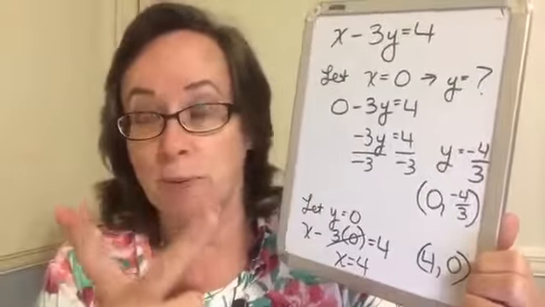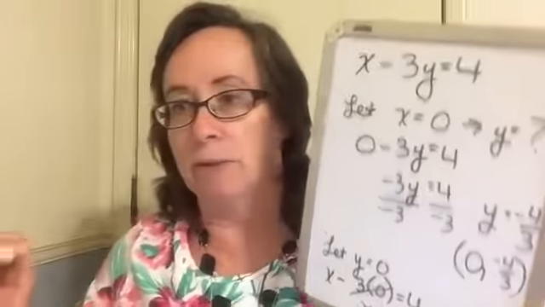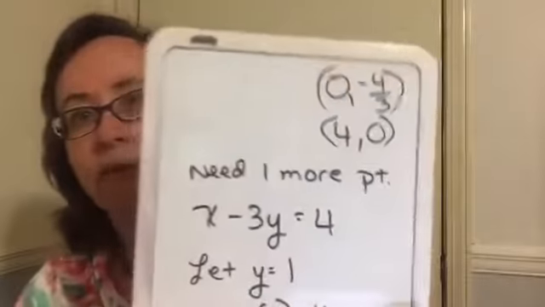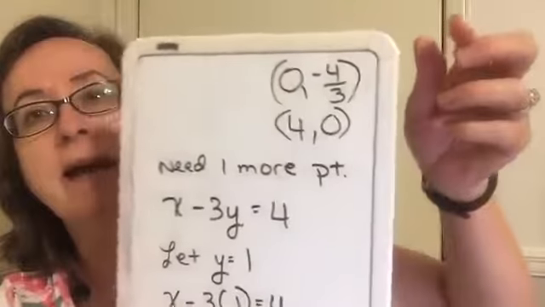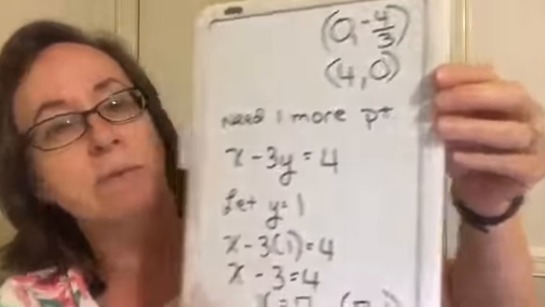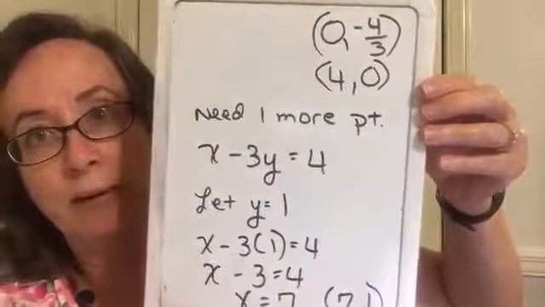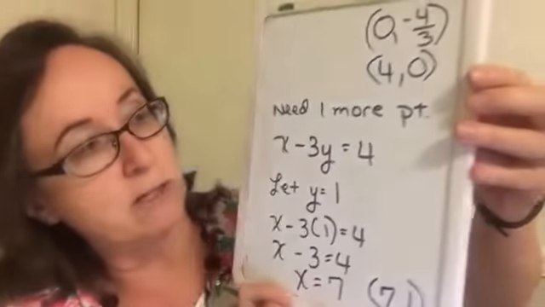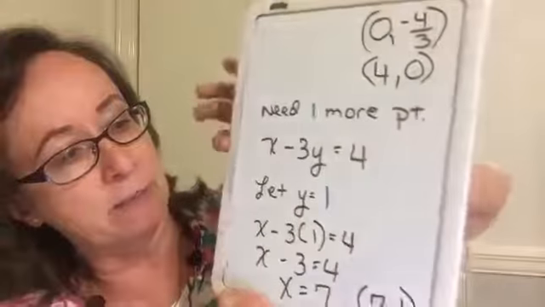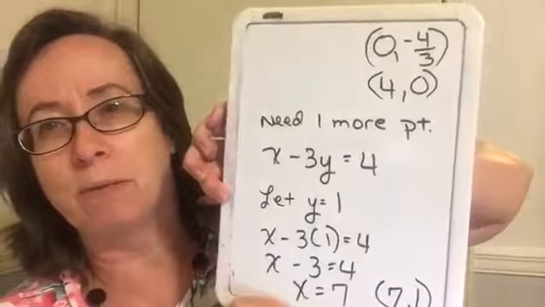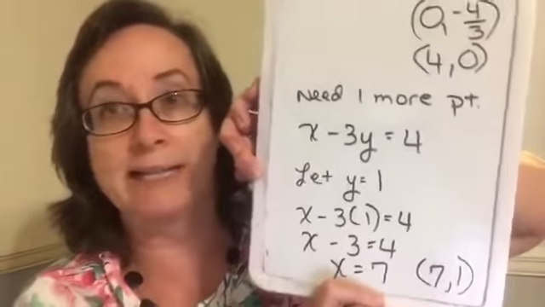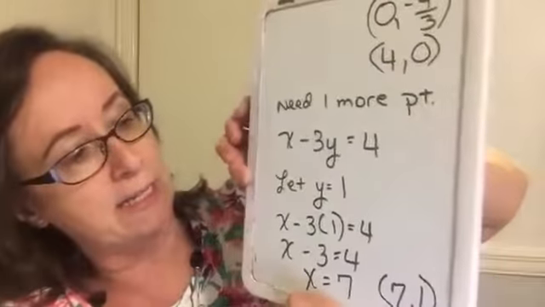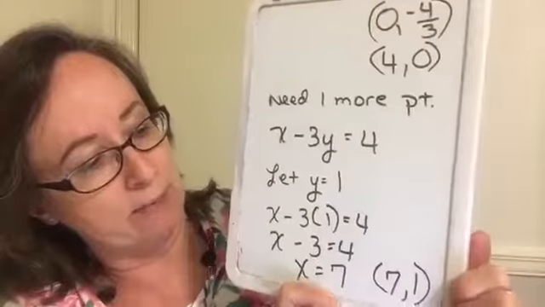So that's 2 points down, and I rewrote those 2 points here on this board, and here we have the 2 points, and now we're going to find one more point to check to make sure our line is correct. So now here's my equation. I'm going to let Y be 1. I'm all about trying to get friendly numbers, and if I let Y be 1, then I end up with